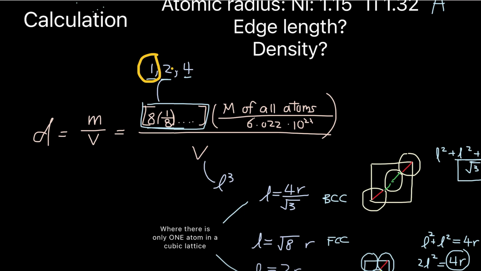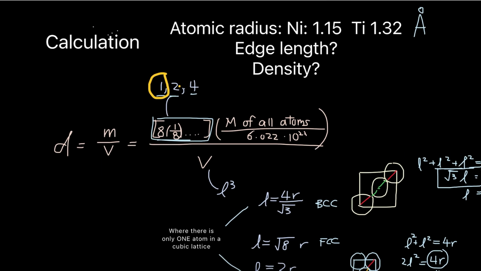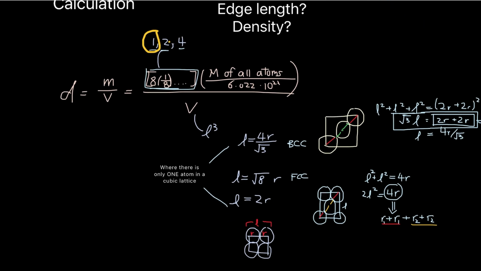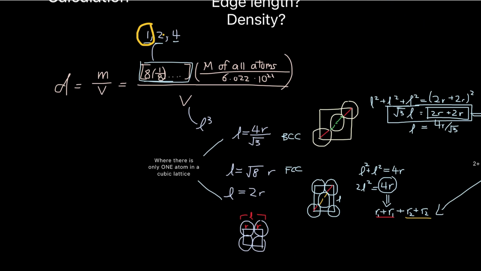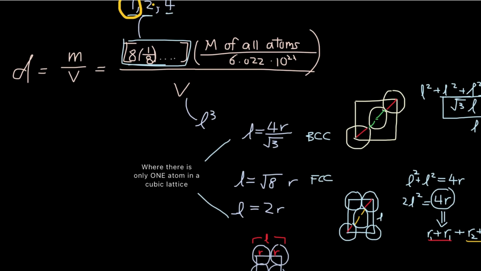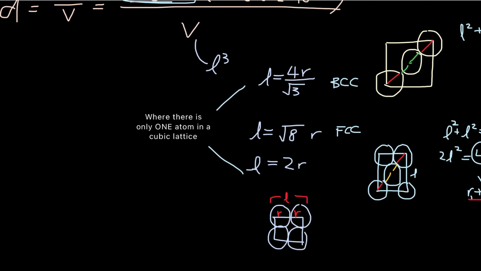And then we divide all of this by the volume, and the volume is the length cubed. Sometimes instead of giving you atomic radius, they'll just give you the length, the edge length, so then you can just cube it to get your volume, no biggie. However, in this situation, something is more complicated. So to finish up our little theory here though, before we do the calculation,